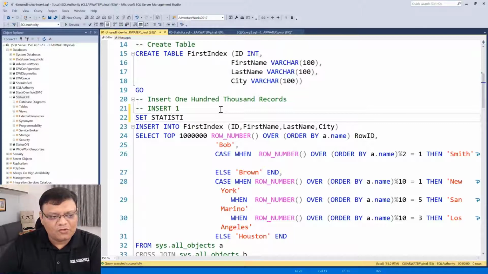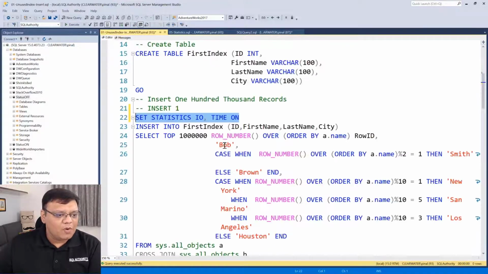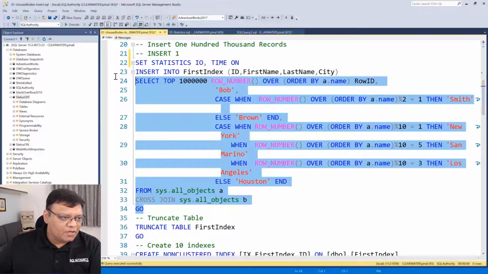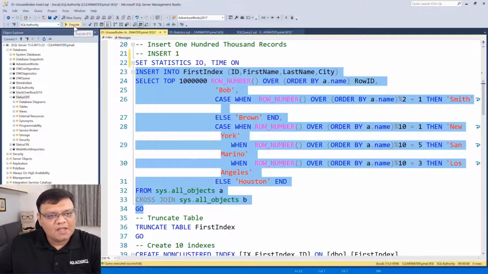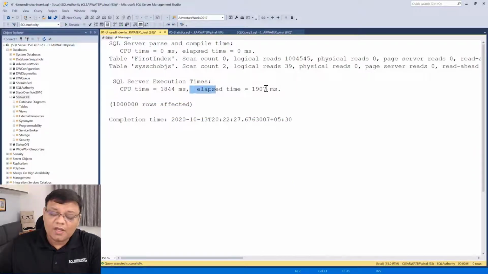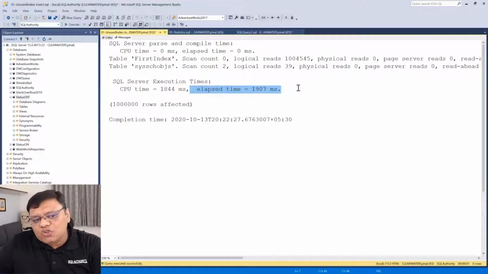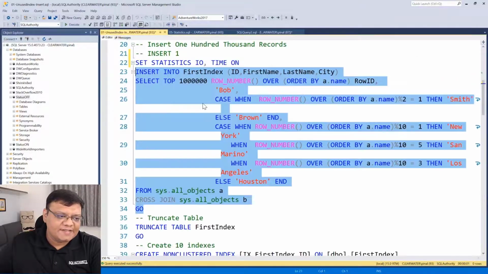So what I'm going to do is set statistics IO time on. I have done that, and then I am going to run this same query one more time. Here I'm going to insert the data one more time. The data is random. Let's see how long it took. You guys were right, isn't it? But this is not because of caching, it's because of file growth and other things. Let's not worry about it. Let's remember that it took around 2 seconds to complete this query.